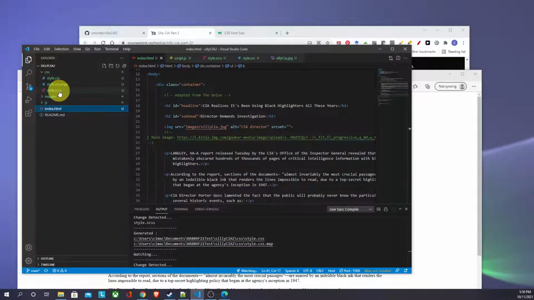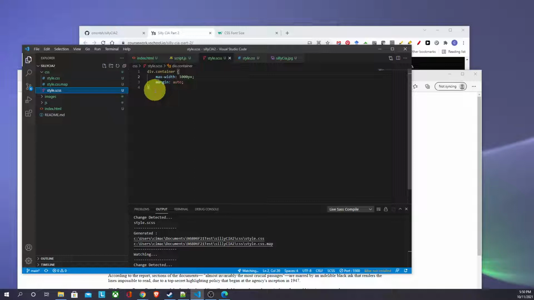So if I go into my SCSS file, I should be able to use hashtag headline with curly braces, and we should be able to try